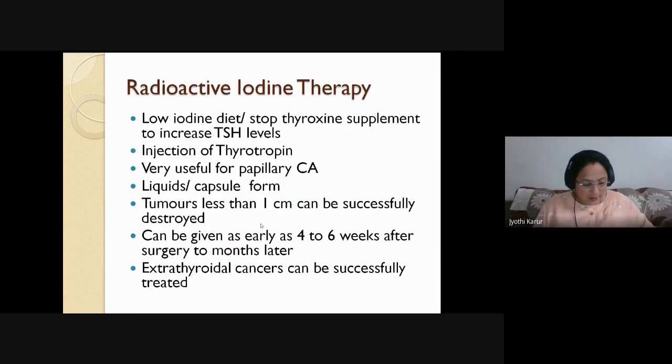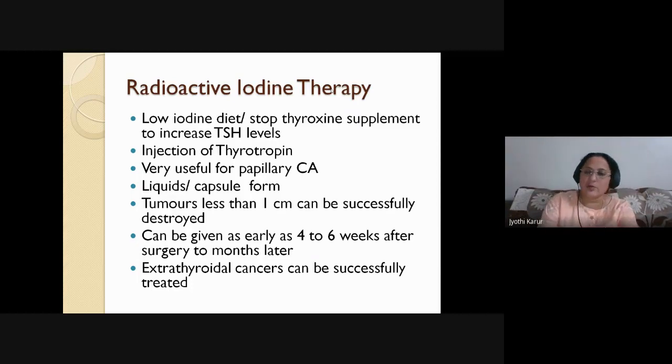Coming to one therapy called radioactive iodine therapy, you can abbreviate it as RAI therapy. What exactly is it? You are giving radioactive iodine, that is iodine 131, orally, and you are going to ablate the functioning thyroid gland. Any thyroid cells present anywhere in the body are going to be destroyed by this radioactive iodine isotope, iodine 131. So when are you going to use this? I'm coming to that shortly. There are certain prerequisites for the ablation.